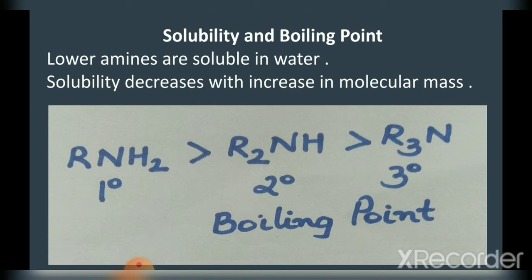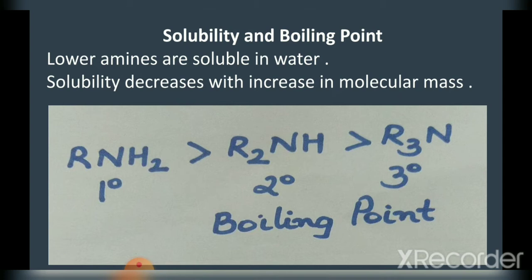In primary amines RNH2, two hydrogen atoms are present in NH2 group. Therefore, intermolecular association will be more due to more number of intermolecular hydrogen bonding. Now consider the secondary amine R2NH. Only one hydrogen atom is present in NH group of the secondary amine. Therefore, the number of intermolecular hydrogen bonds will also be less. And in the case of tertiary amines, due to the absence of hydrogen atom, intermolecular association will not be there.